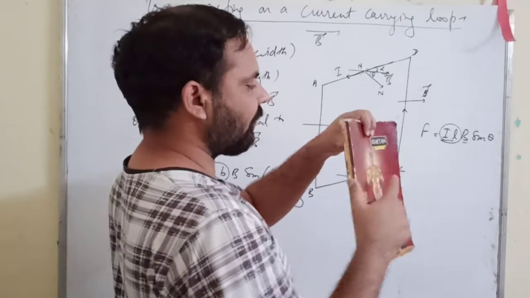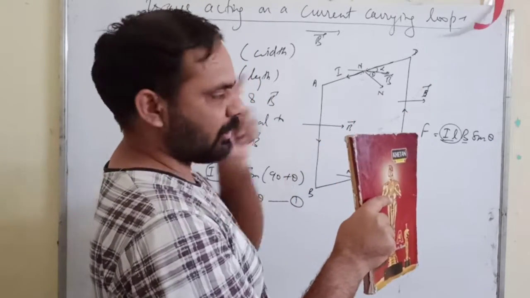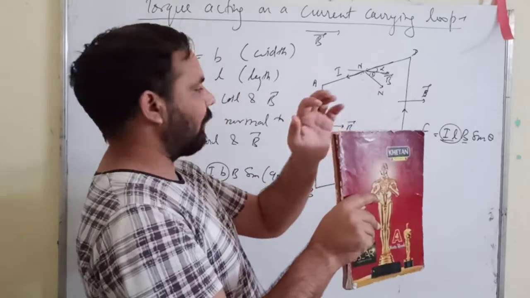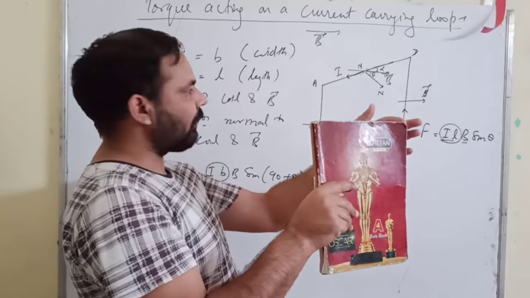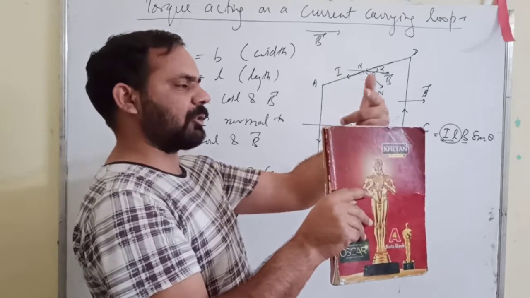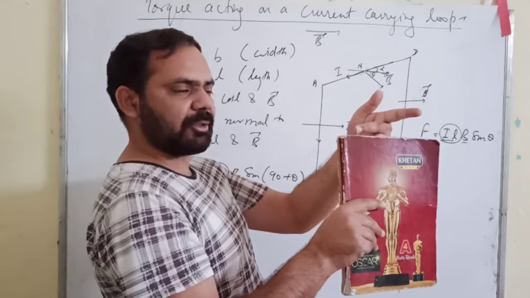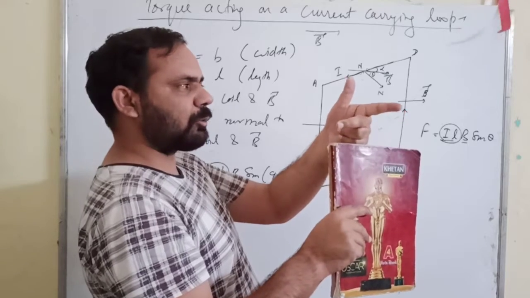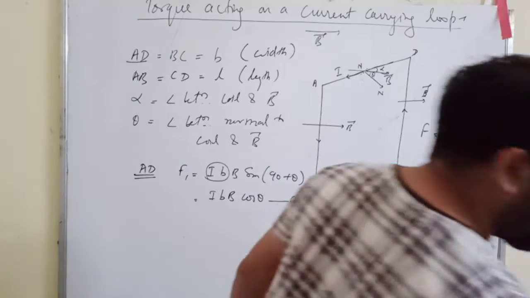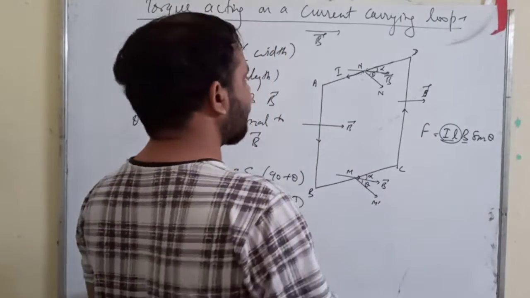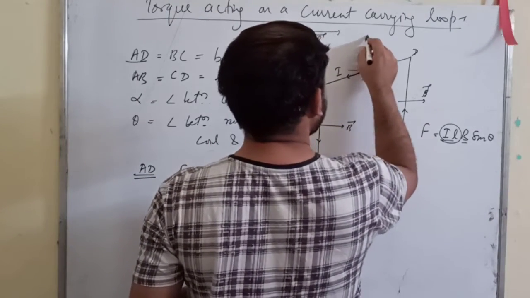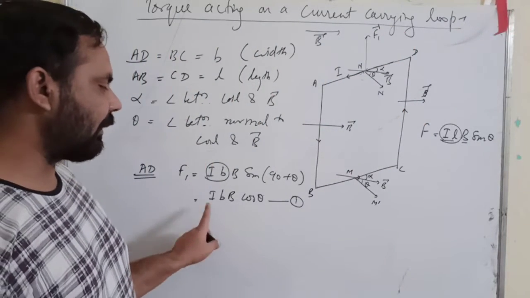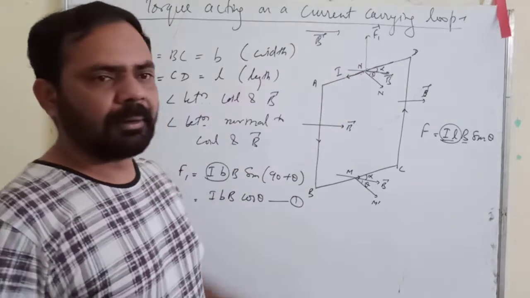This is your coil, and the magnetic field is crossing it like this, right? So the current here is moving this way. This is your A, B, C, D. Now the current is coming this direction, so you will point this finger in this direction. Your magnetic field is crossing, so it should be like this. Then the force will be, you can see that it is upward. So it means that the force acting on branch AD will be upward. This is F1 vector. Okay, so F1 vector is this much and acting upward.